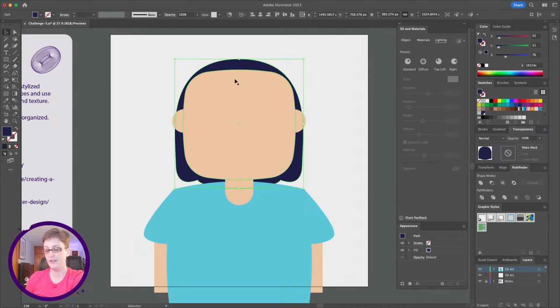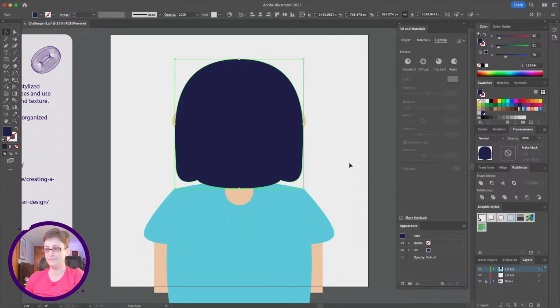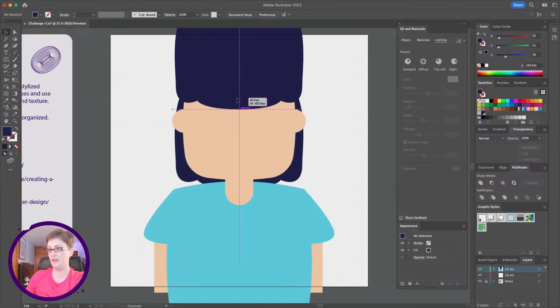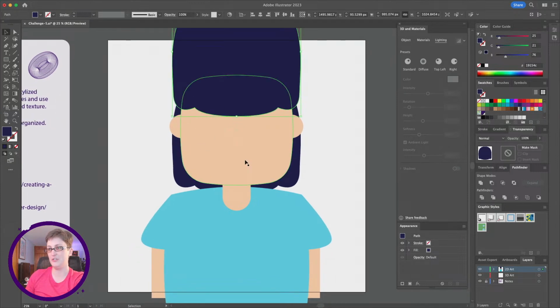So I'm going to hit Command C and Command F to make a copy in front. And if it's not in front of my face here, I can just right click, arrange, bring to front, and now it's in front. I'm just going to drag this original shape all the way up to the top. I'm looking at where the line of the bangs should be. So there we go, we've got it in position. That's where I want the bangs to fall on the face, just right above the